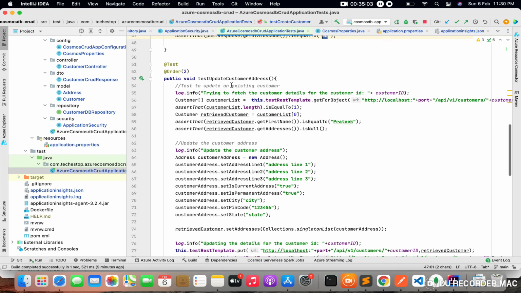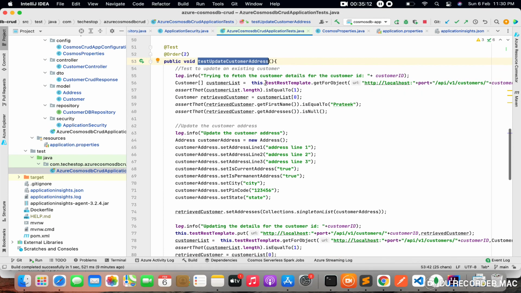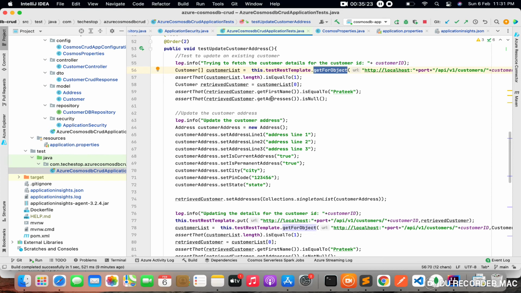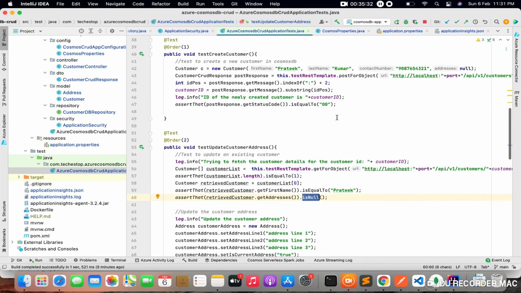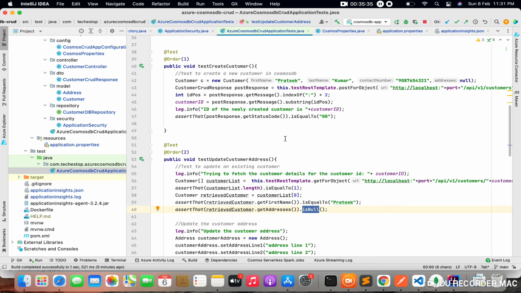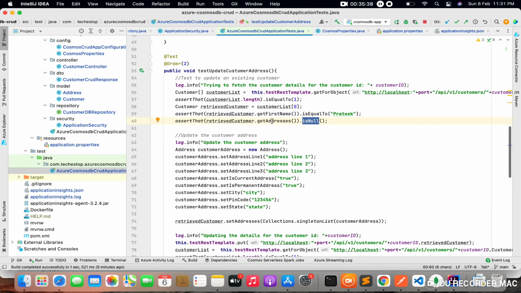The second test would be to update the customer address, just to simulate whether we are able to update the customer successfully. The same test RestTemplate object is used to get the object first, just to ensure that the addresses are null, because we are trying to get the same object which we have created in our first JUnit test. At this time the addresses would be null, so we assert that it is null,